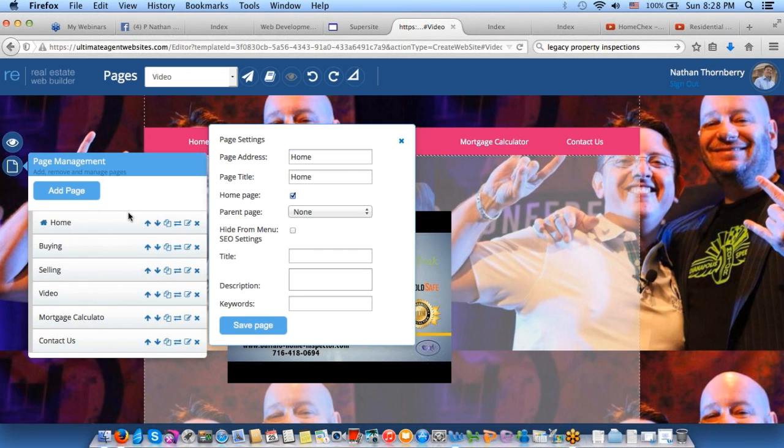So we see the page address, the page title. Let's click Add a Page. Now it says page address. We're going to call it Order an Inspection. And the page title will be Order